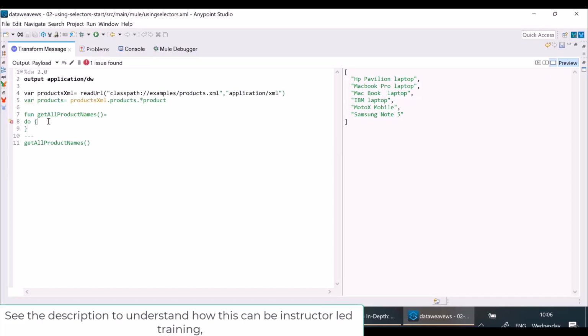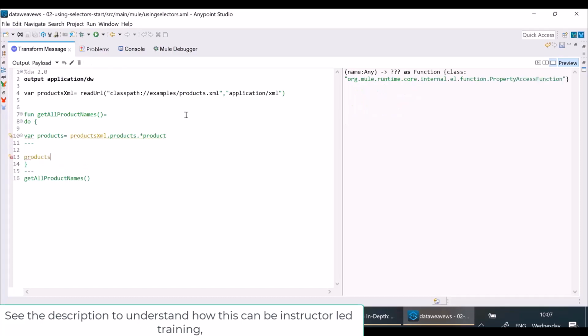Inside do, again I can use three dashes. So whatever local variables we want to create for this function, we can create inside this. So I'll take this products inside this, and in the body of do here I'll write